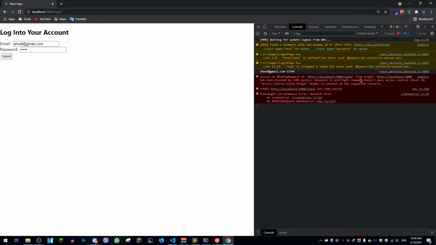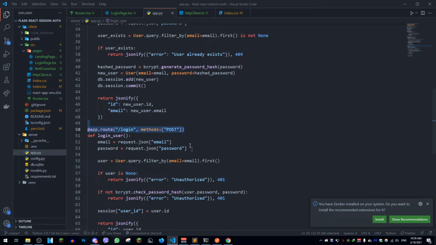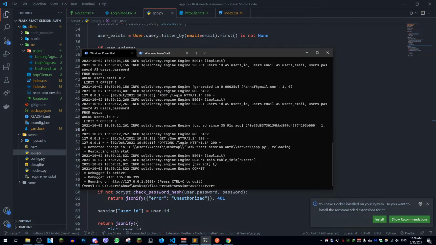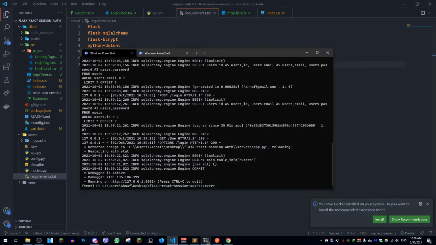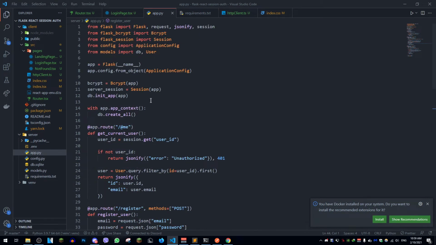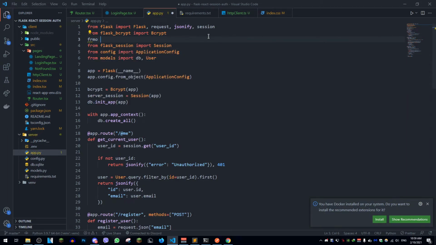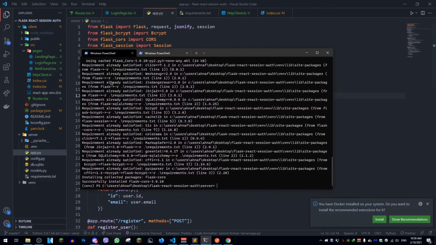If we submit this, it's going to say that it has been blocked by the CORS policy. Now, the way we solve that is we have to go to our Flask server here, and we need to enable CORS. So we can go here, and then we can do requirements.txt, and then we can do Flask-CORS. Now I can do pip install -r requirements.txt. It's going to install Flask-CORS here, and then we can do something like from flask_cors import CORS. And then we have CORS(app). And now if we run the server here,